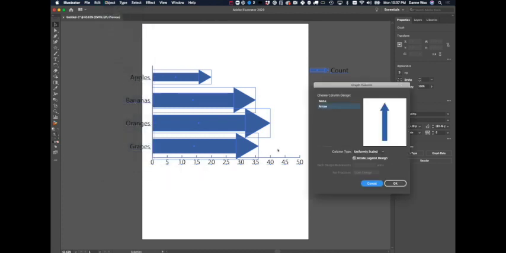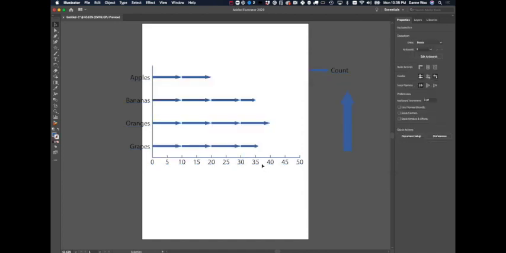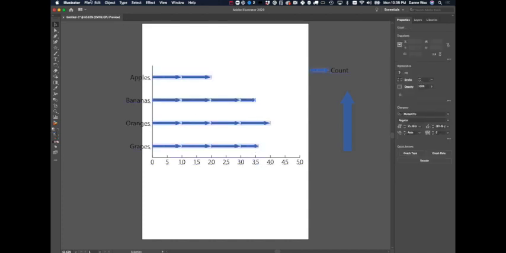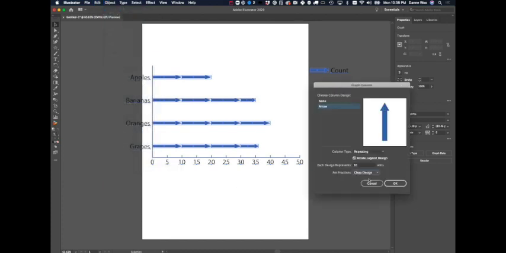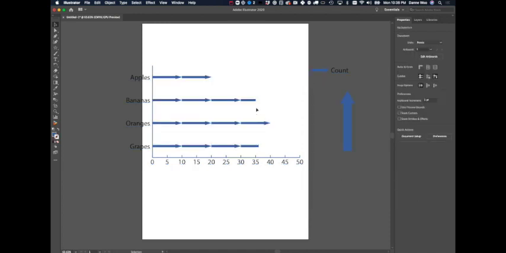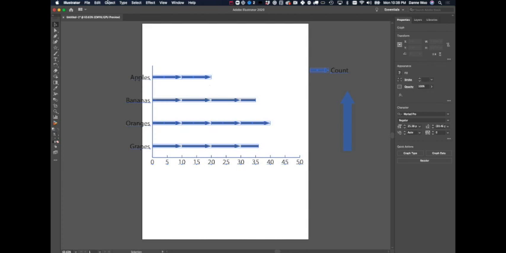to column and let's try repeating. This allows us to repeat this graphic every certain number of units. So let's say every 10 units we want to have an arrow. Cool. And then the last bit just gets squished, but you could also, if you go back, column, you could say chop design instead. That's just going to chop it at a certain point. And then the last option